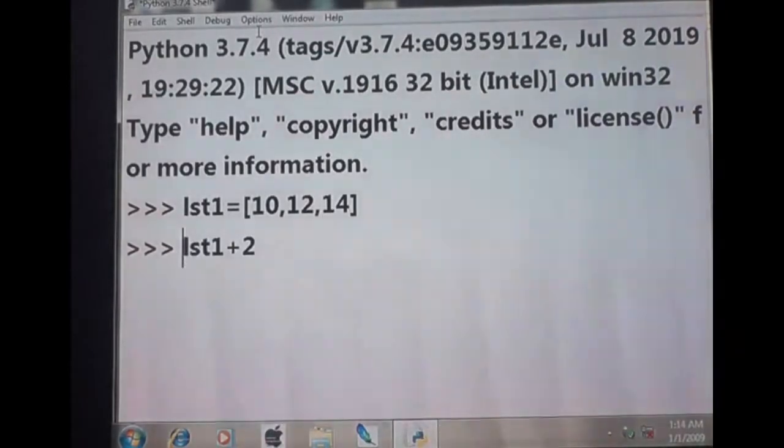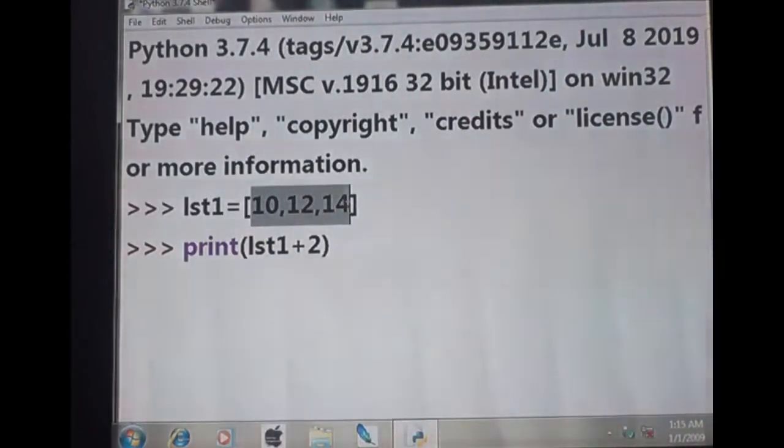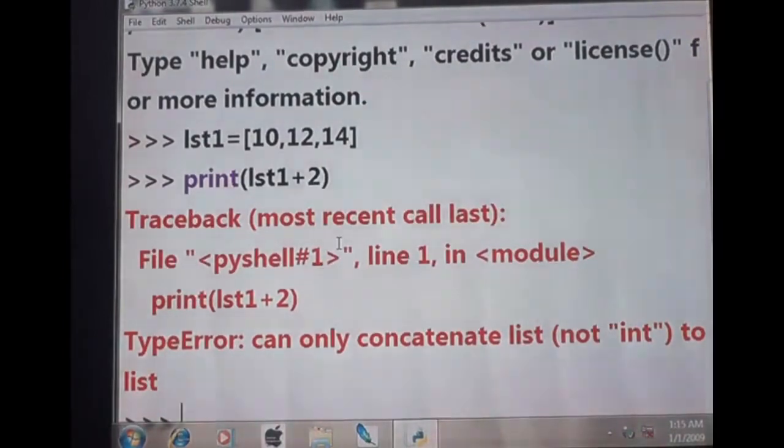Tell me. Print of list 1 plus 2. List 1 means the value is 10, 12, 14. Along with that, if I try to add 2, then what is the output? Any idea? The answer is error.